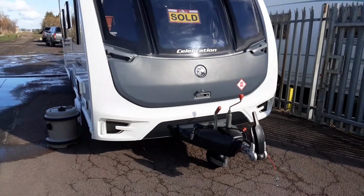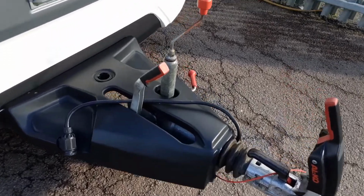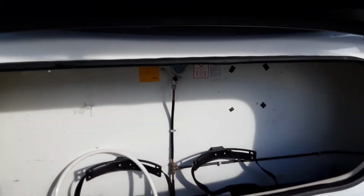The Swift Celebration 580. Just going to take you around the van and show you how it operates. Front of the van, you've got your jockey wheel, hitch and handbrake. We'll demonstrate these in person here on site. Inside the front locker, you have your 2 gas bottle tie downs, and then on the bulkhead you have your